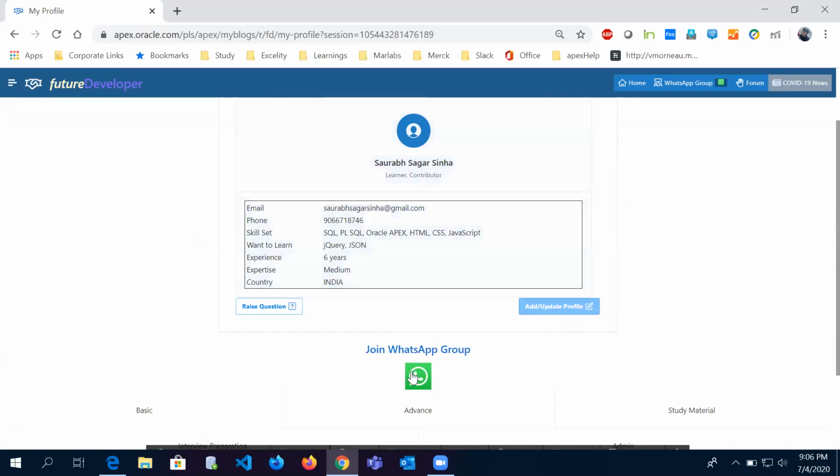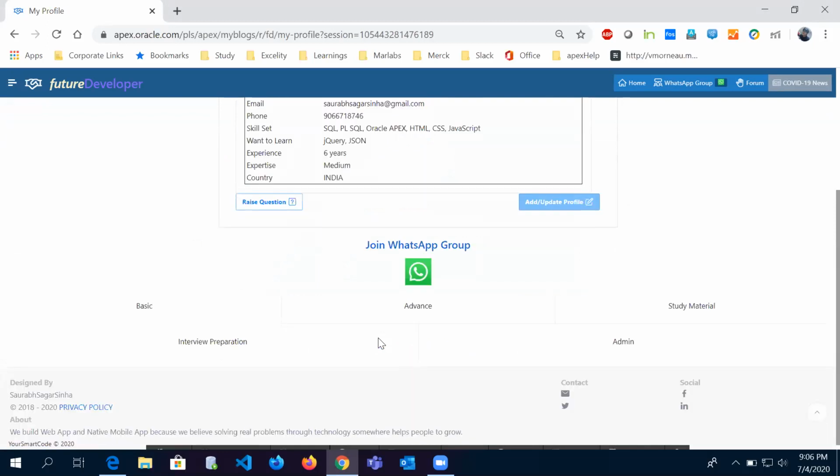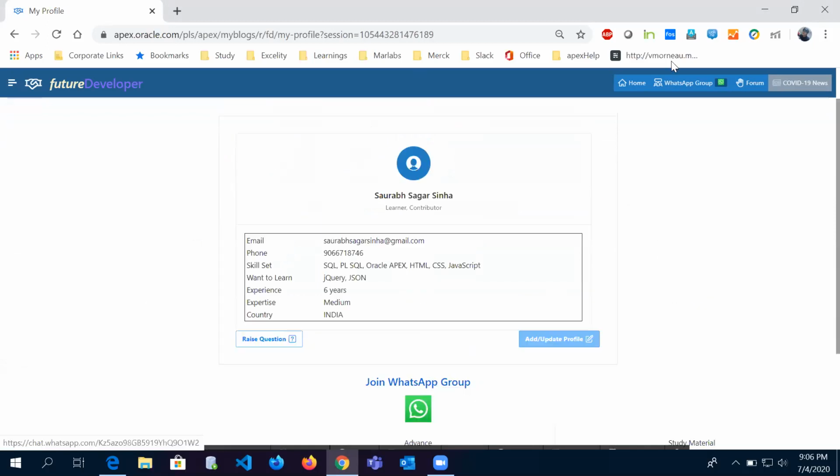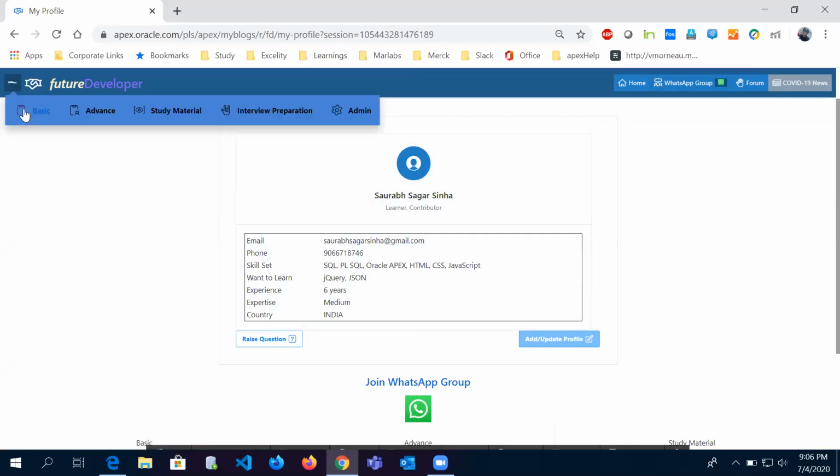Once you create your information, all these tabs will be visible to you, what you can see here on the top left corner. So here we have basic, advanced, study material and interview preparation. Basically we are going to focus on these four things.